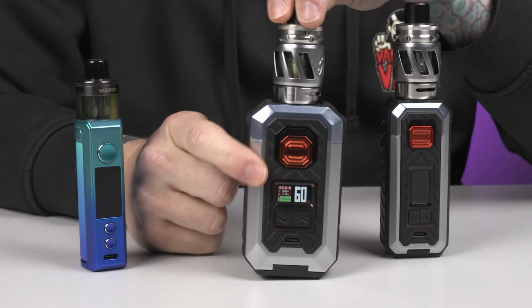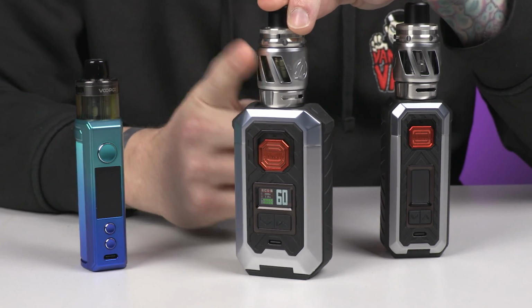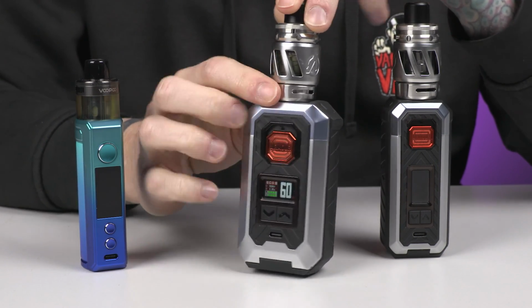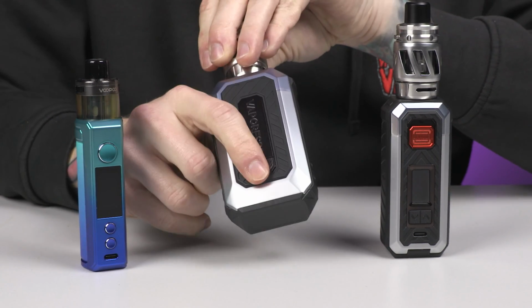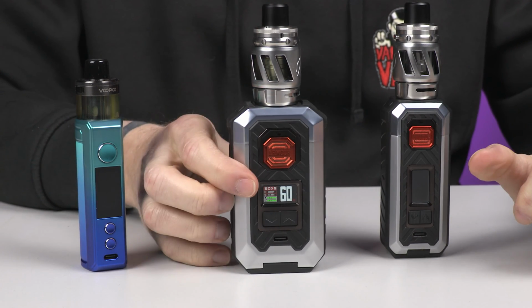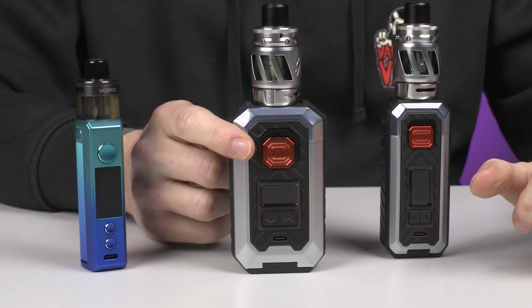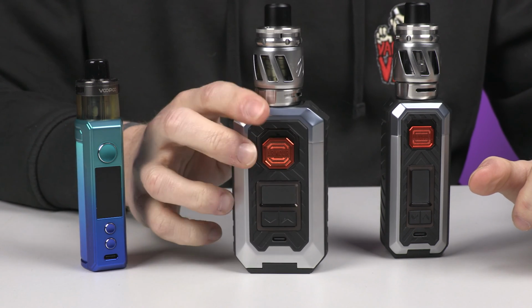We've got a very bright and easy to see screen just there, as well as the exact same tank. So all the same benefits there. And we've got the same button on the back that pops open the battery door as well. However, this now takes 2 batteries. So you can either use 18650s with those adapters I showed you earlier, or you can use 2